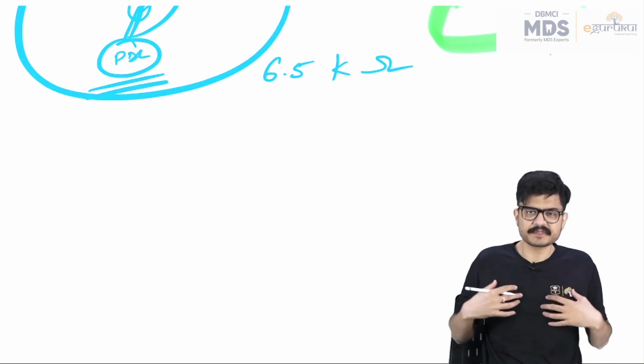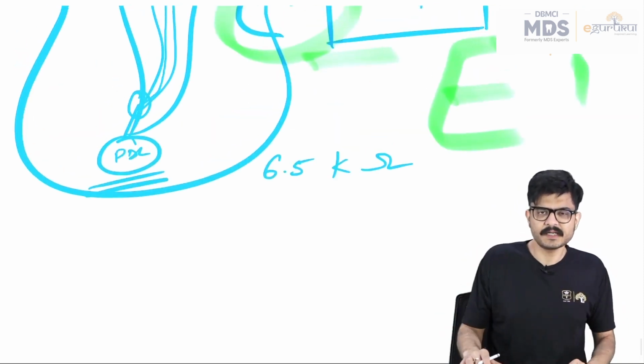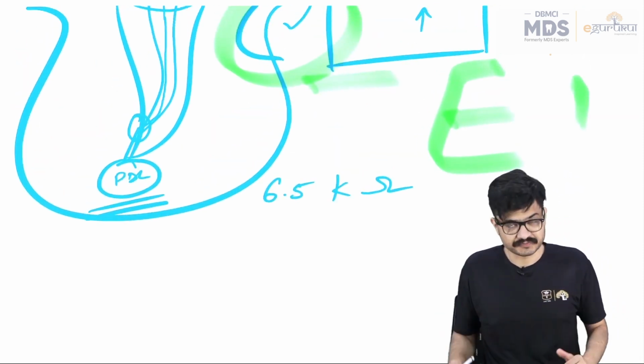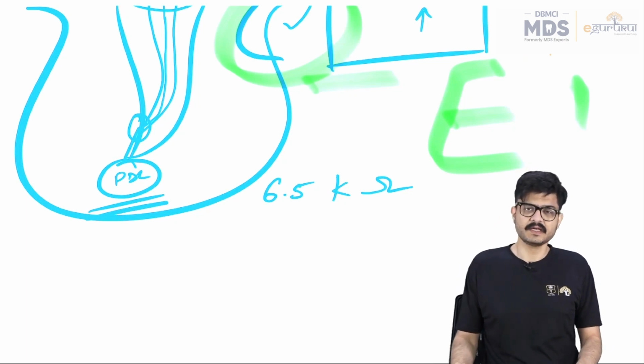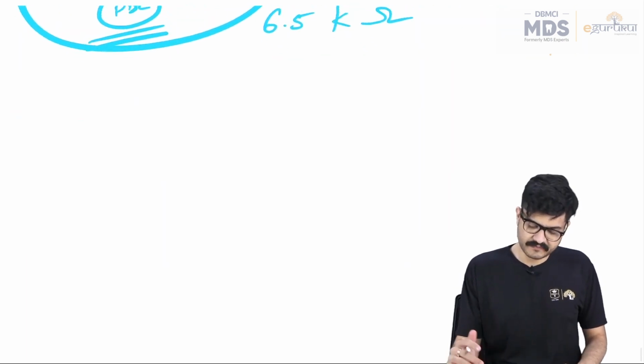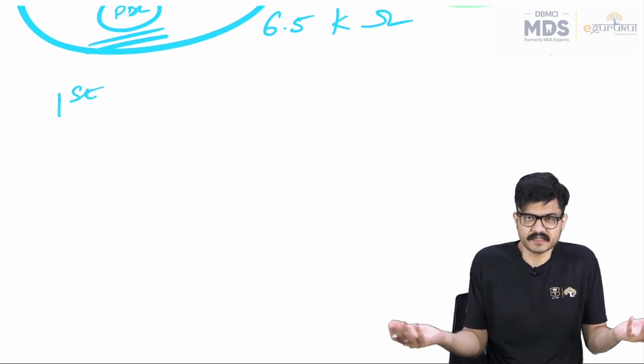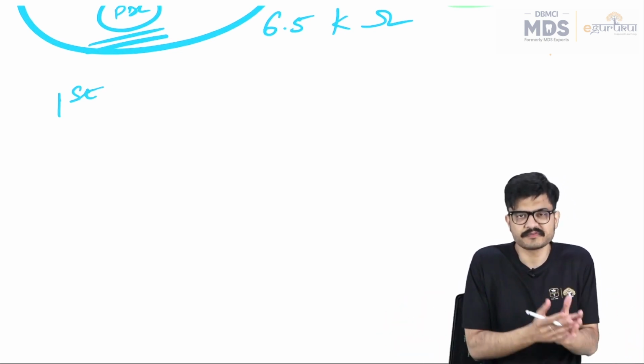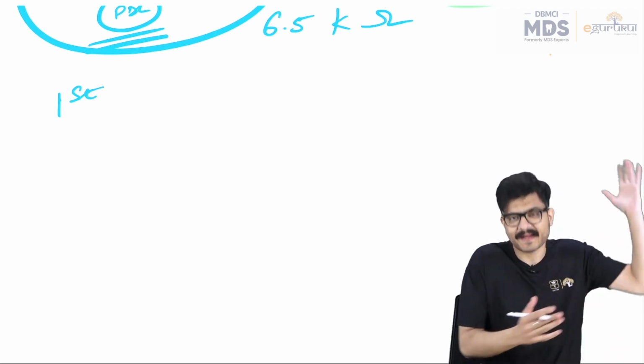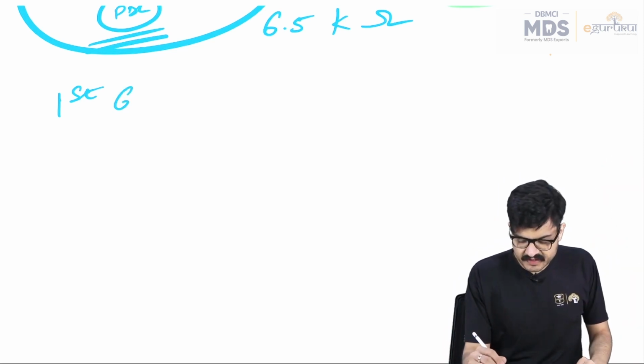So from our perspective, this is the basic principle, and let us see the various generations of apex locators which have come up. So the first generation of apex locators is actually based on this basic principle only, understandably so. That's the most primitive, so it would be based on what the experiments were done back in 1942. So the first generation